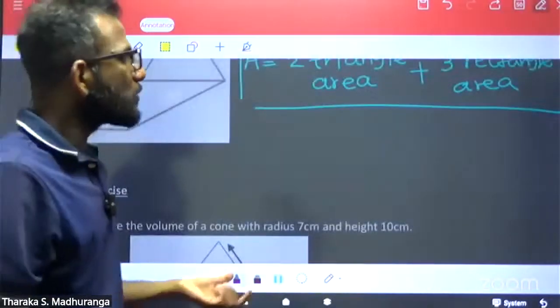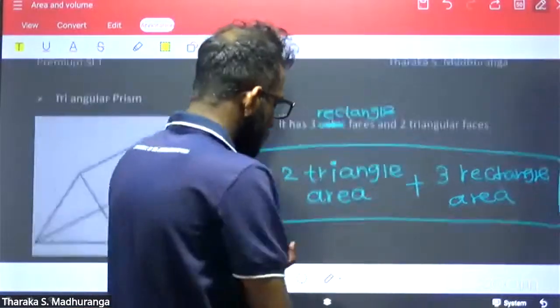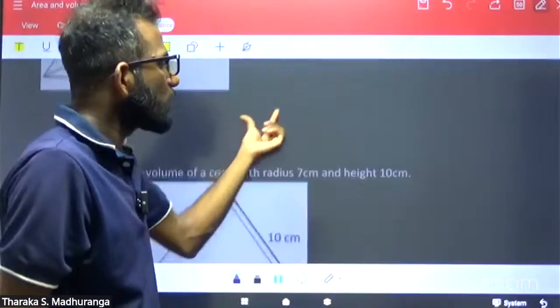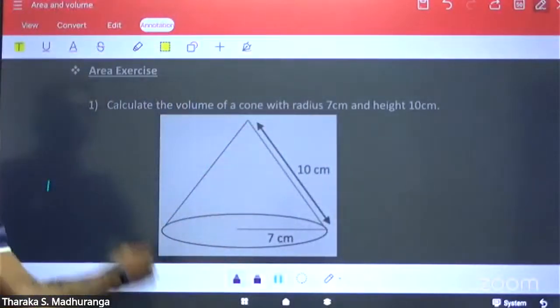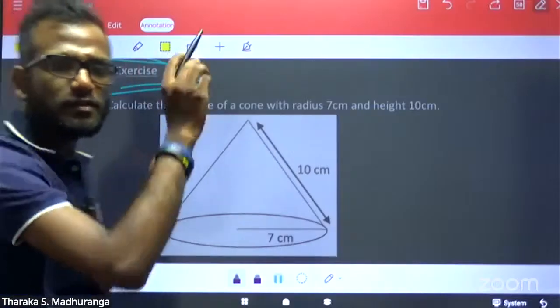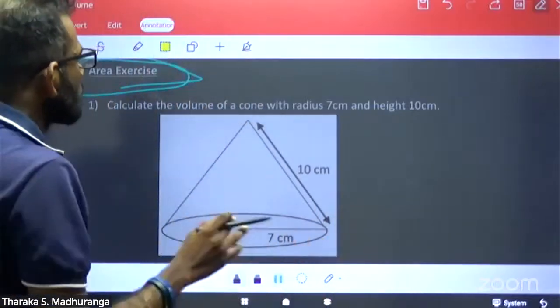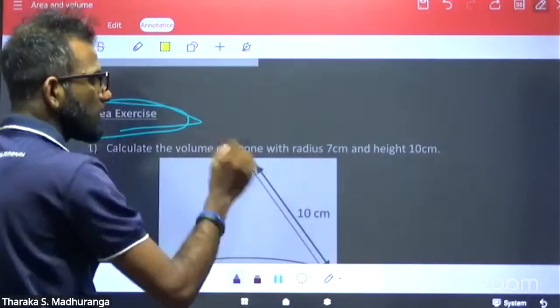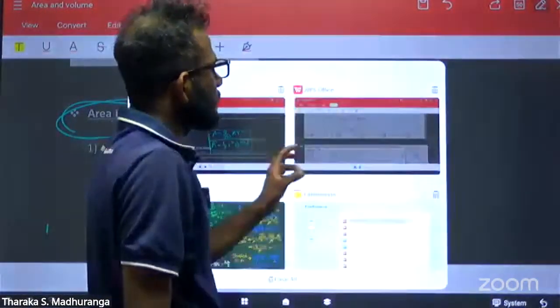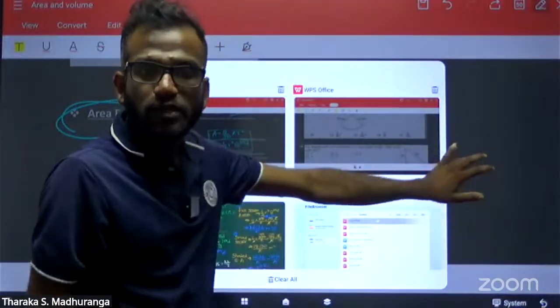Okay, now you have homework. This week you have a lot of work. First homework, complete the area exercise. This is the first homework, note down. Second homework, complete. I will upload this tute and